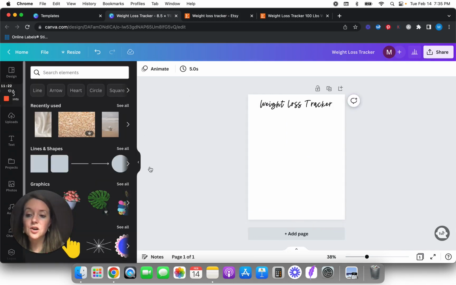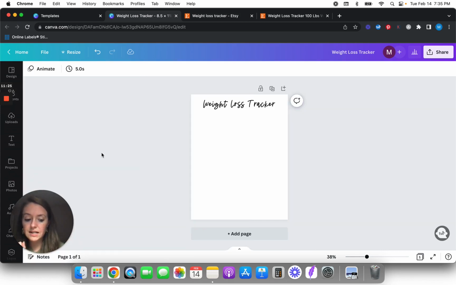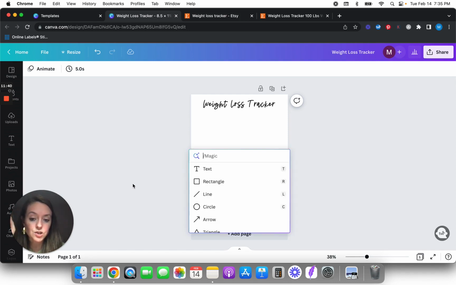So you can hit elements on the side, or you can hit, I think it's the backslash button. It's whatever one is next to the right shift key. I don't know what the difference is between backslash and like a regular slash, but it's this one that's got the question mark on it. It opens up the magic box. So once you open up the magic box, you can search for elements without having to go over here and click into elements. Some people like to use this, some people don't. I always forget about it until I make stuff like this, but we're going to go with this little magic button today. And what I'm going to do is hit